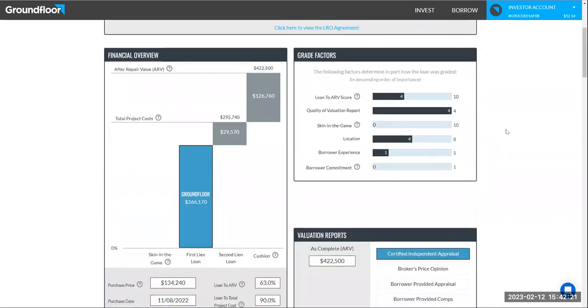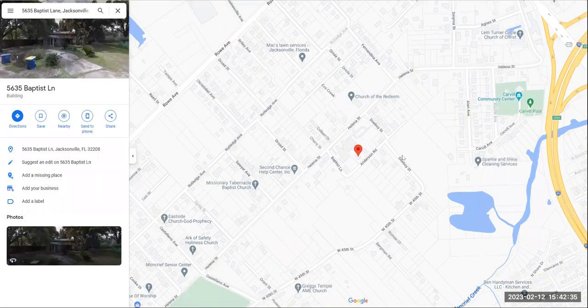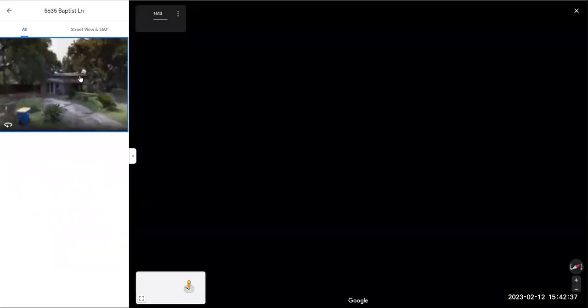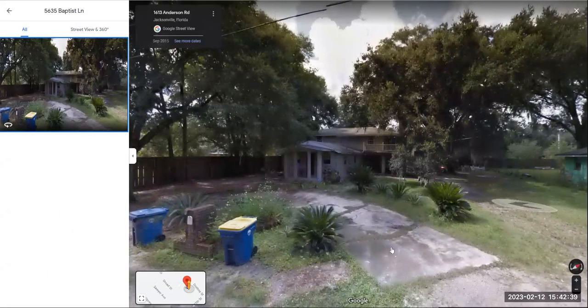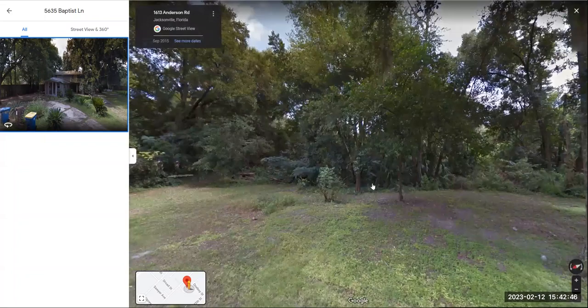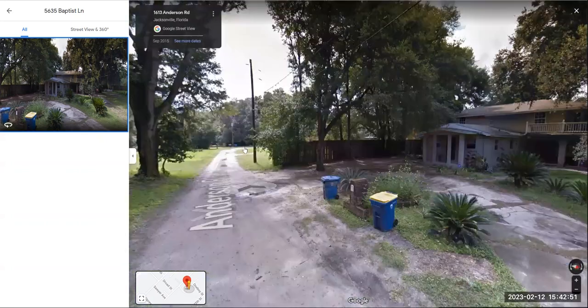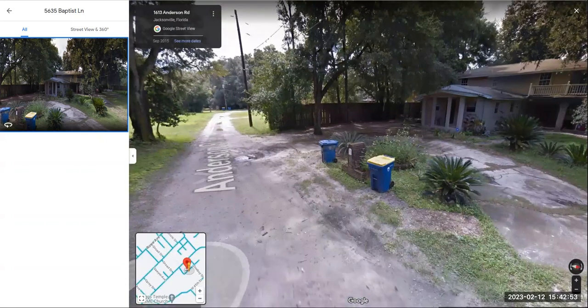All right, I'm not familiar with this name, but even though this house is a little bit dilapidated, and looking at the grounds, they're not very well kept, it looks like Jacksonville might be a better idea to invest here. If we click on the property, oh, it's not in that bad shape. It's got grounds. It's not really a paved road leading up to the property. The trees and grounds look a bit unkept. But if we zoom out again,